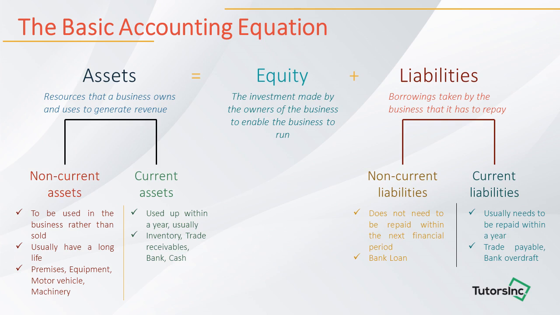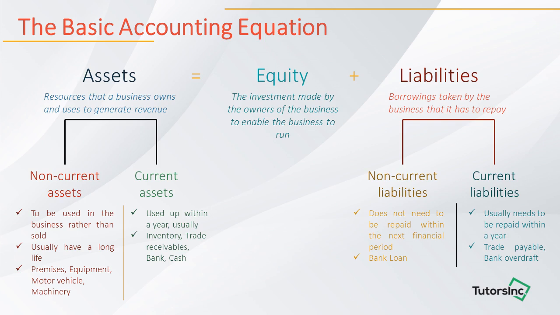On the other hand, current assets refer to those assets that are usually used up within a year. These include inventory, trade receivables, bank, and cash. Inventory refers to the unsold stock of the business that it plans to sell in the near future. Trade receivable, however, refers to the credit customers who owe the business money, such as those who have bought goods from the business but promised to pay for them within a month or two. Bank refers to the cash stored in the bank account of the business,